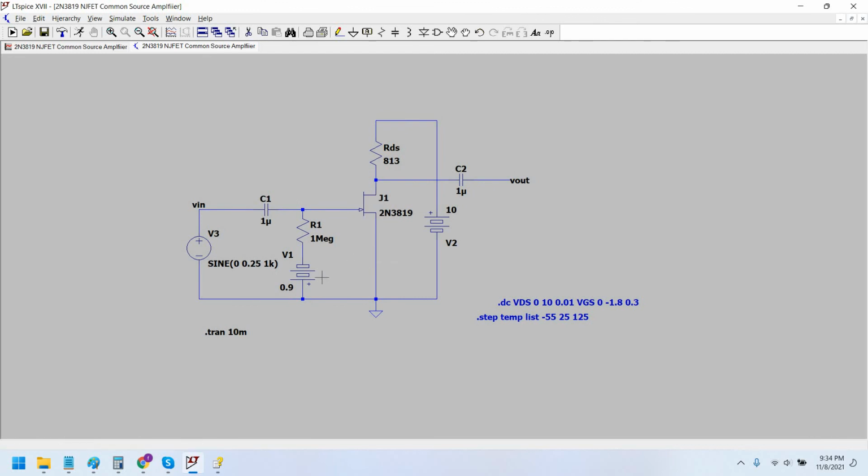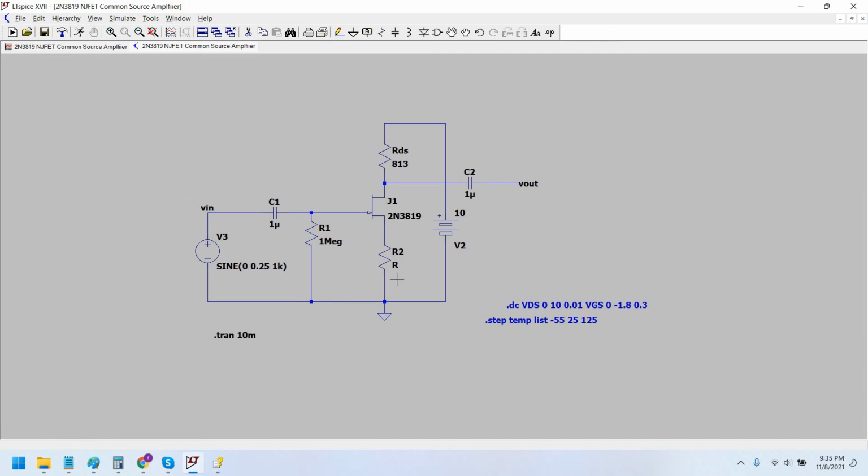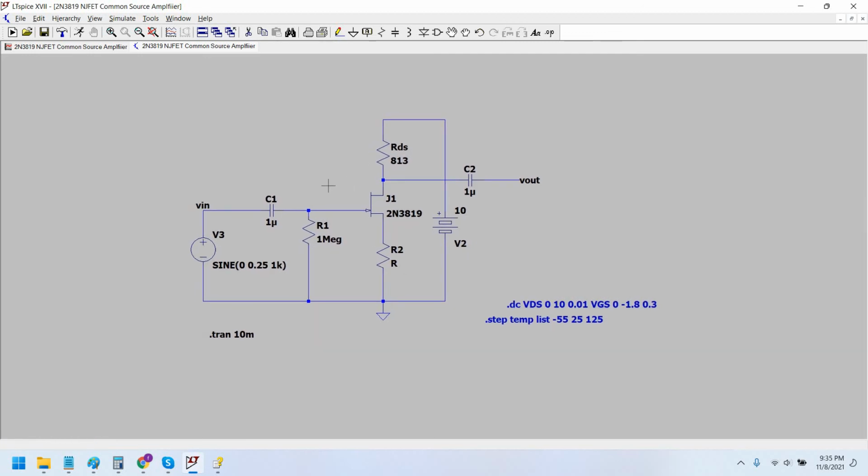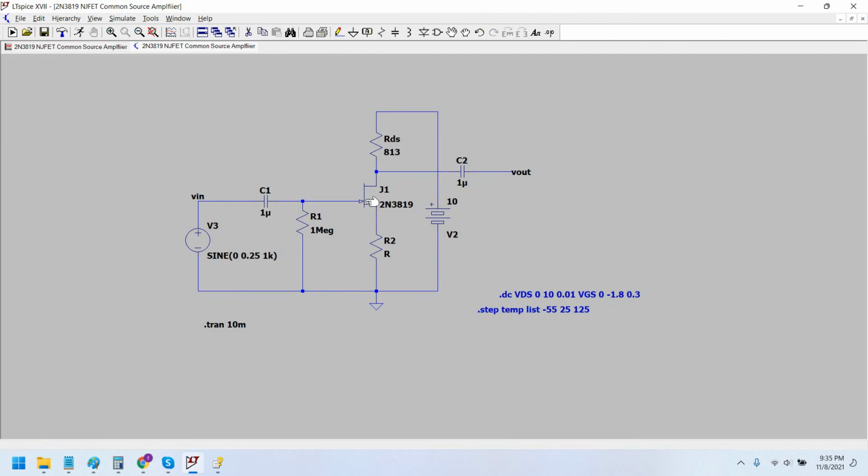In the self-biasing configuration, we remove this battery and we connect this resistor to ground directly, and the gate bias would be provided by the resistor in the source terminal of the JFET, and this source resistance would be calculated with the formula,